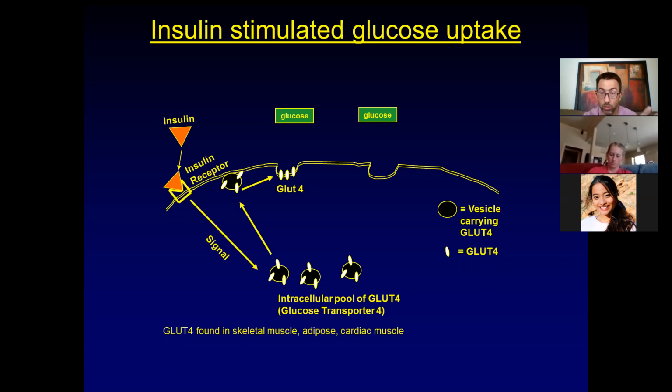So insulin binds, signaling cascade. That's going to eventually tell these vesicles containing GLUT4, hey, we got an insulin binding. Now move to the surface of that muscle cell, to the sarcolemma,